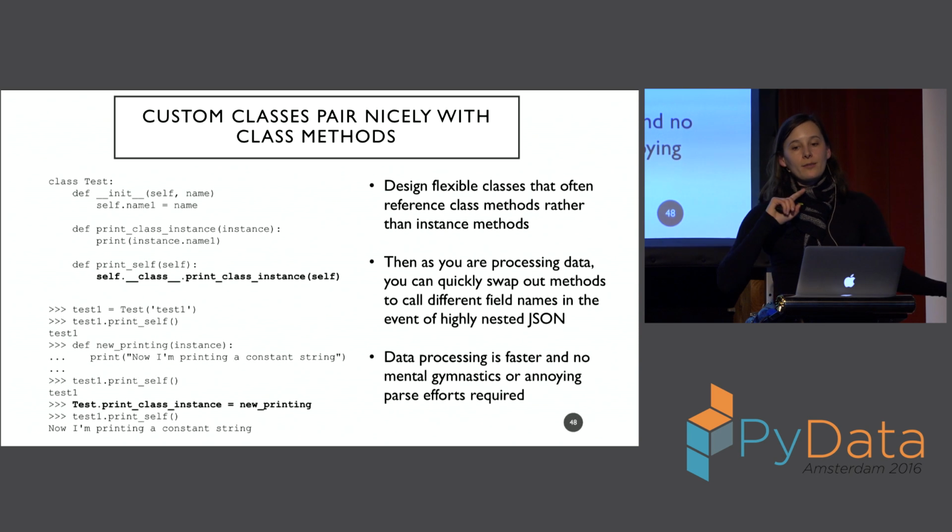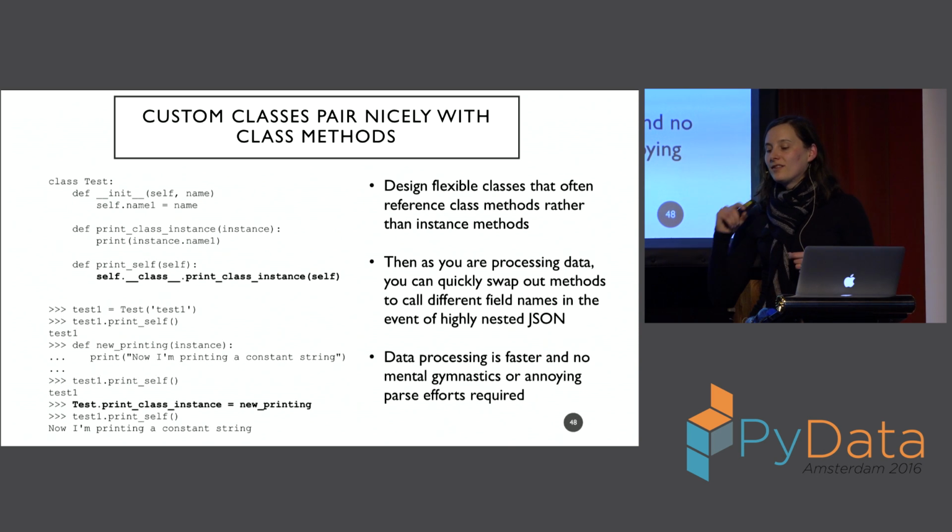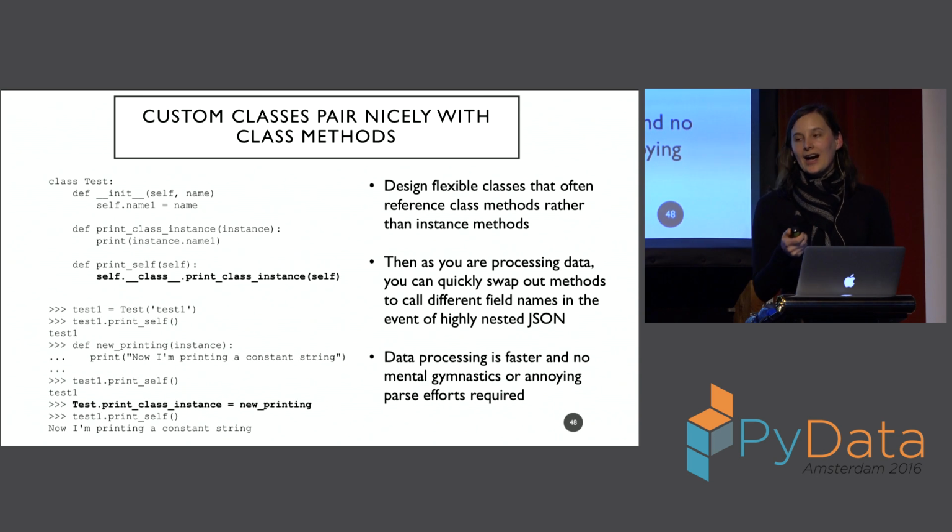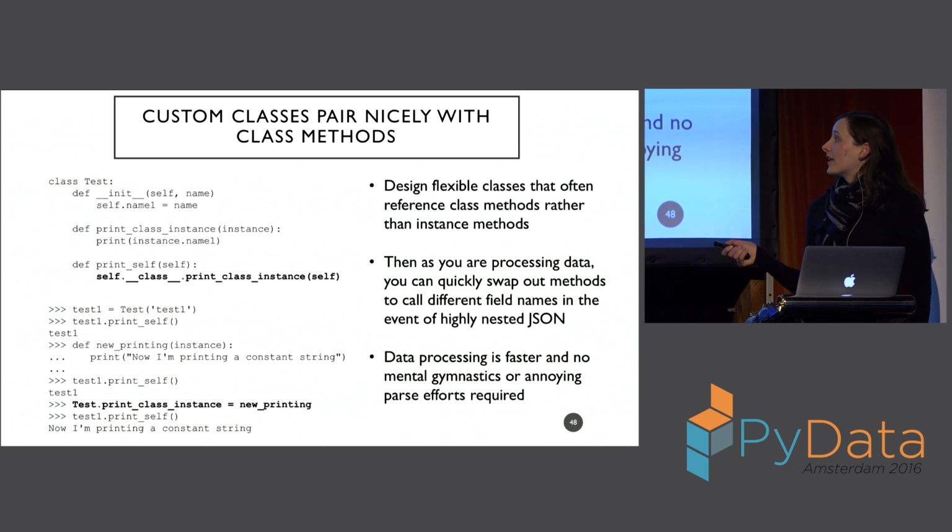So especially when you want to be able to swap things out as you're going, right? So first I want my call to be one thing. First I want it to compute the me, and then I want it to just print out the name, whatever it is. It's very easy if you make it a class method to just swap things in and out, right?